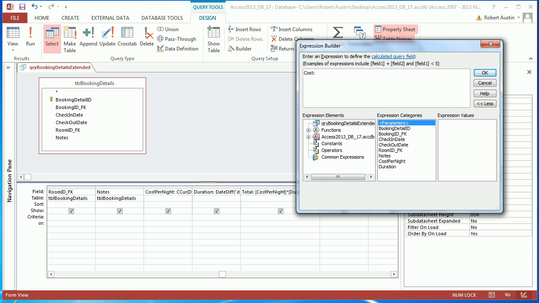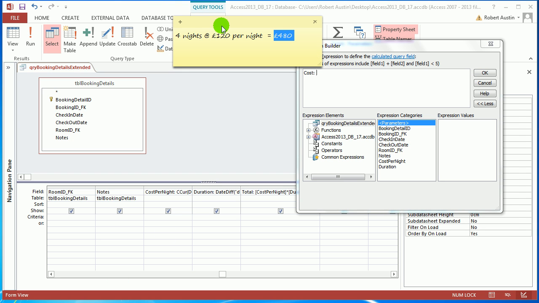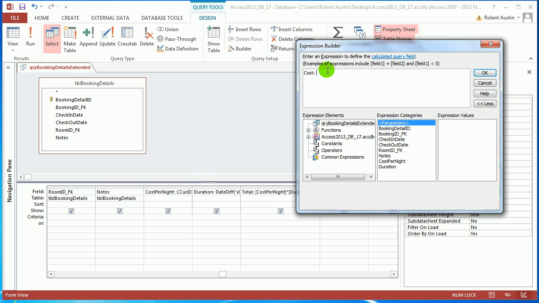The first thing is the duration, so 4, and then in order to write nights we have to use an ampersand, and then we pass the string of nights. So make sure you put a space, nights, space, at. So we've got 4, and we're putting it together with the expression nights at. We now need the cost of the room